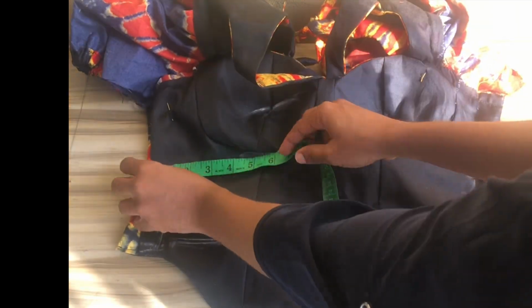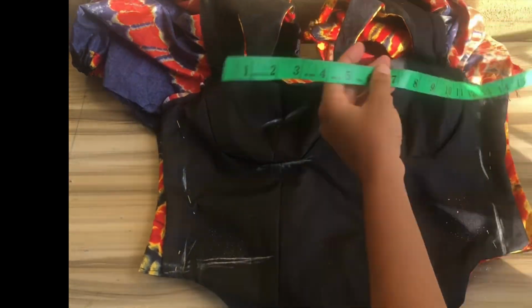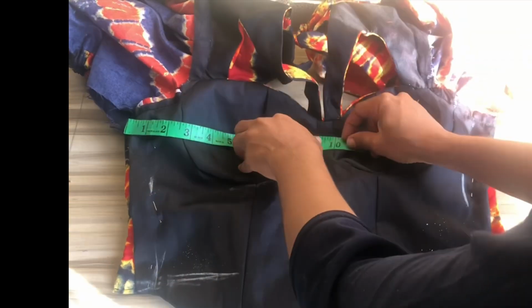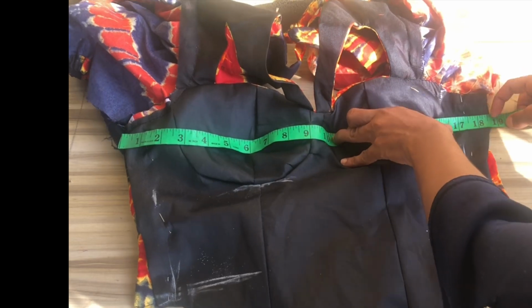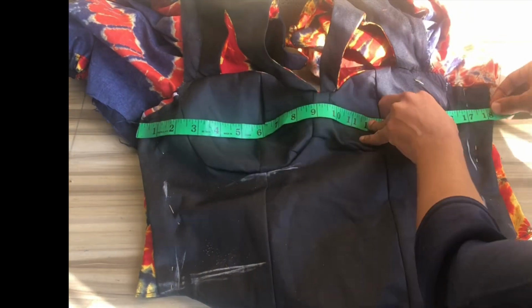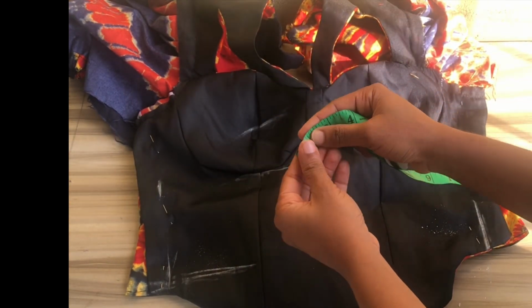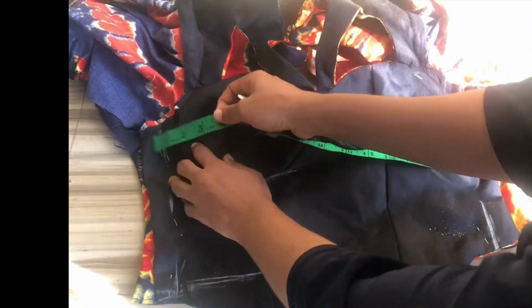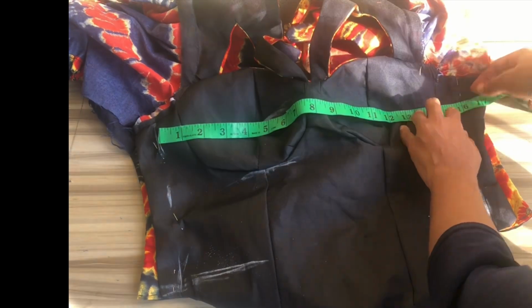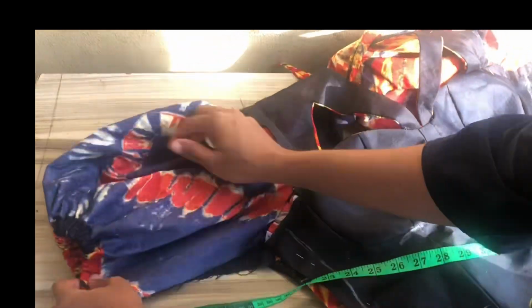At the under bust, I'm going to be inserting my under bust circumference, which is 28 divided by 2. I have 14. So mark out the 1 inch on both sides, and I'll also repeat it at my bust because we added 1.5 inches. So by the time you're done turning out, you're going to be having 1 inch on both sides. So that is what I'm actually marking on the side. So I'll go ahead and stitch it, and